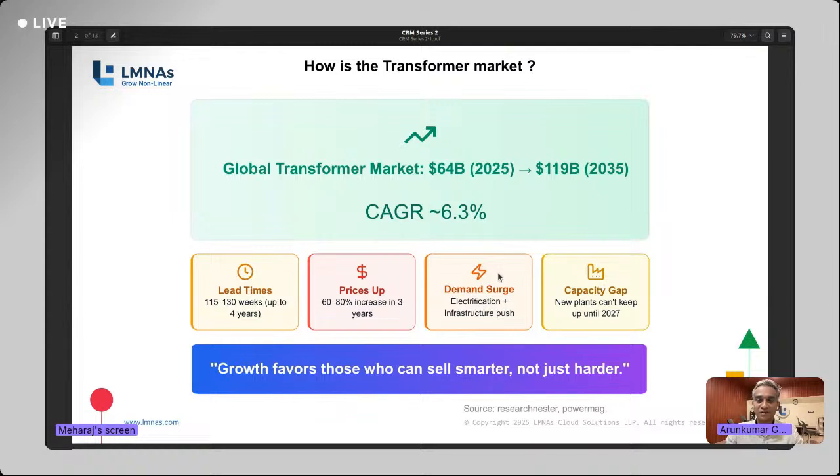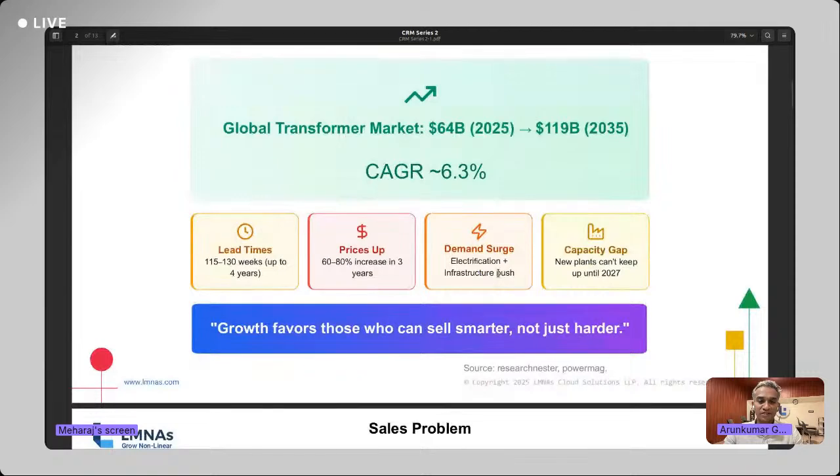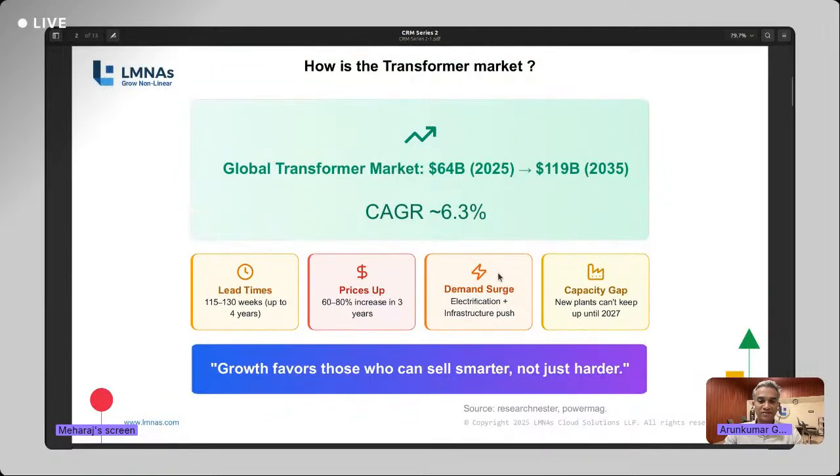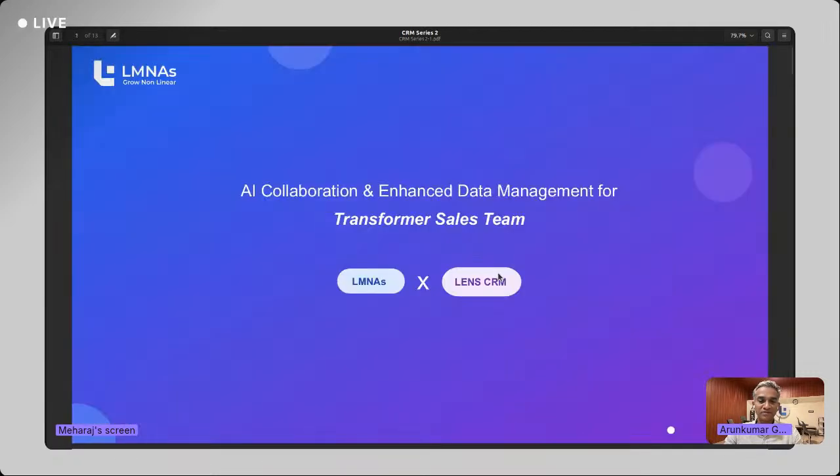After that, I'll showcase how the analytics is derived out of the data that we have entered, what insights it is giving, and how we can act upon them, how Lumi is going to help from the analytics to take necessary action. So these are the four different areas we will cover today. Mehraj, if you could slightly move on to the introduction part of the slide deck for today's session.